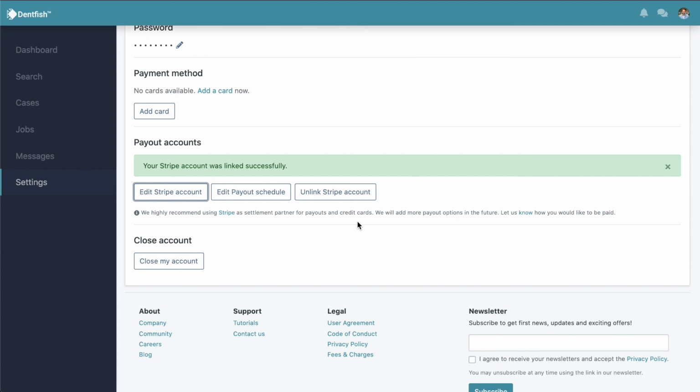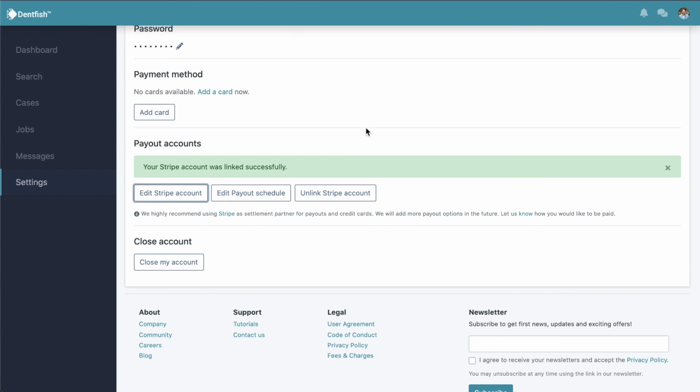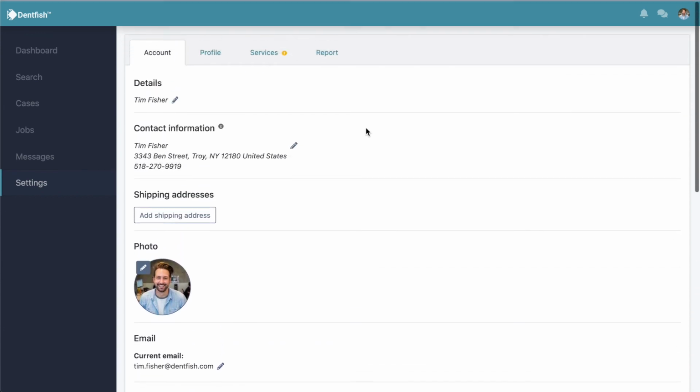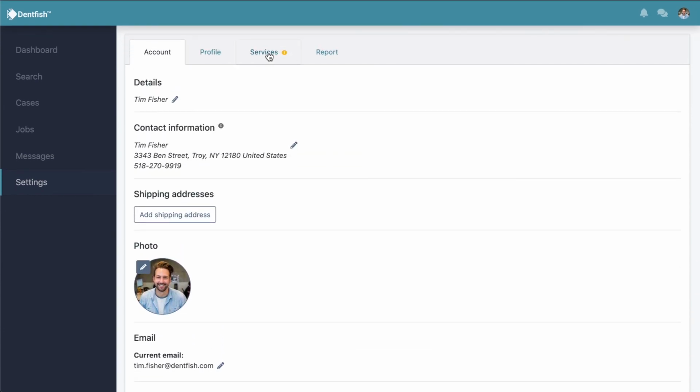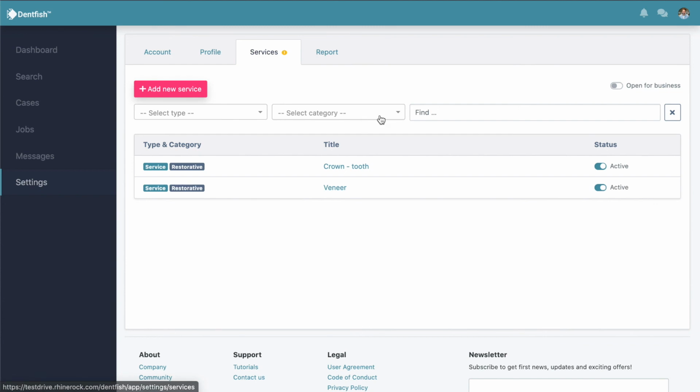So that's the beauty of this solution. You basically just change it on Stripe side. You don't have to actually change it in your Dentfish dashboard. So with this, we're now ready to put our business live. So I'm going back to services. And now, if I come back to my Open for Business toggle here,